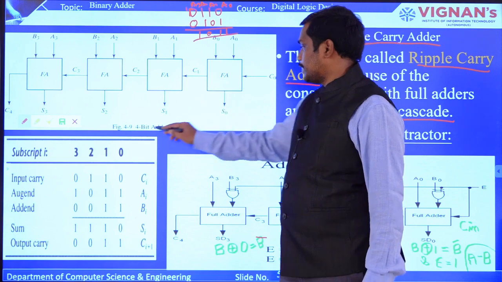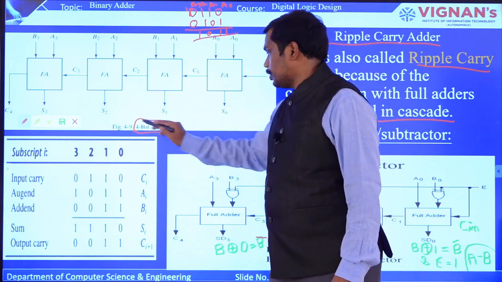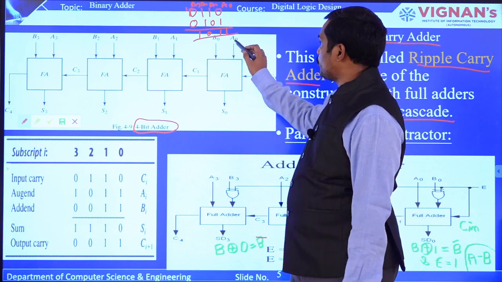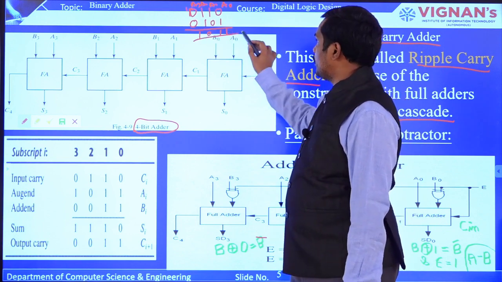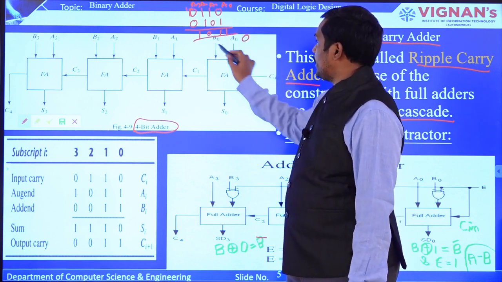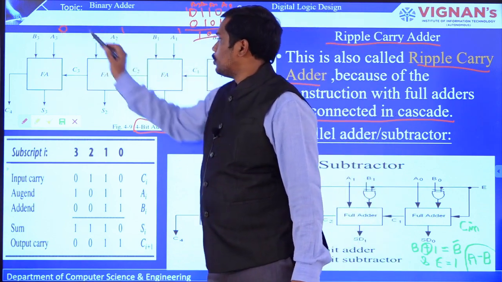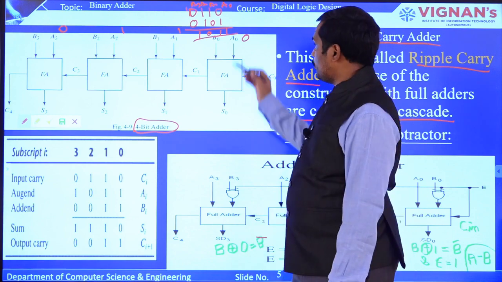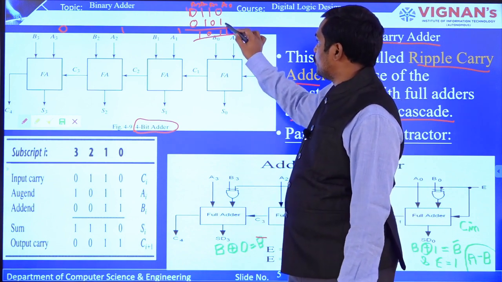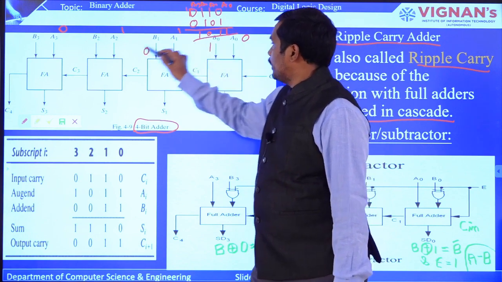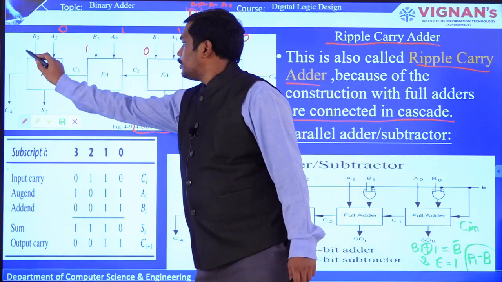So that is how you are going to construct a 4-bit adder where you are going to add these binary strings. Now you understood. So A0 will be 0 and A1 will be 1 and A2 will be 1 and A3 will be 0 as per the given data. And now the binary representation. Now B0 will be 1. So here it is 1 and here it is 0 and here it is 1, here it is 0.